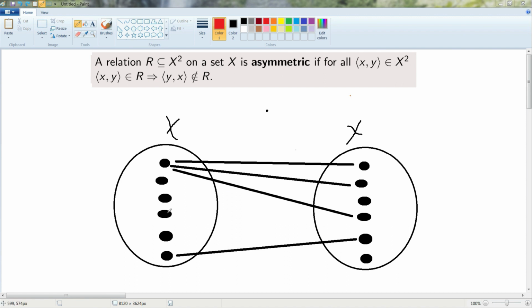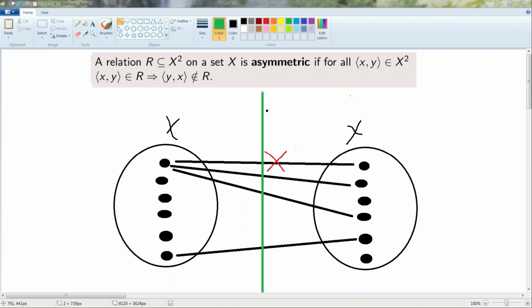And there is no line from this dot over to that dot, check. Further, this dot is related to this dot, but this dot is not related to that dot, check. But this dot's related to here, and this dot's related to here, so this line violates asymmetry. So now, if I draw my line again and try to think of asymmetry in terms of symmetries, you can